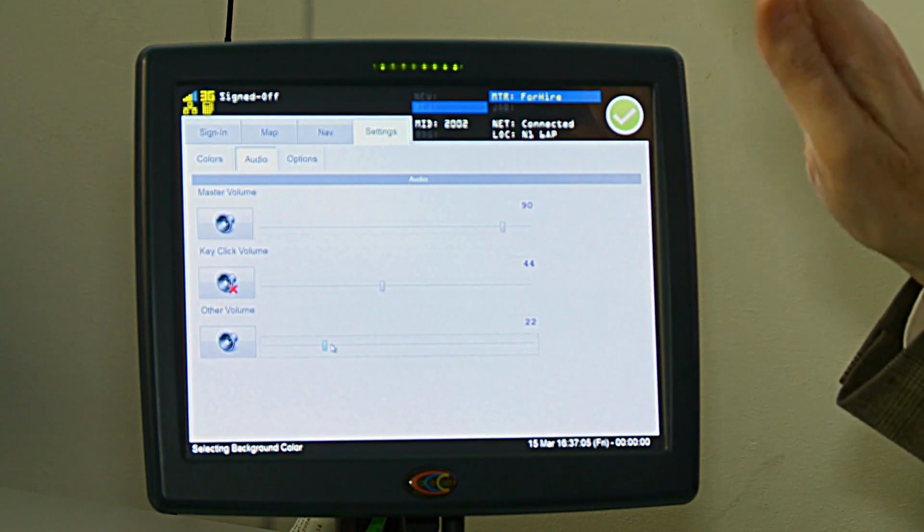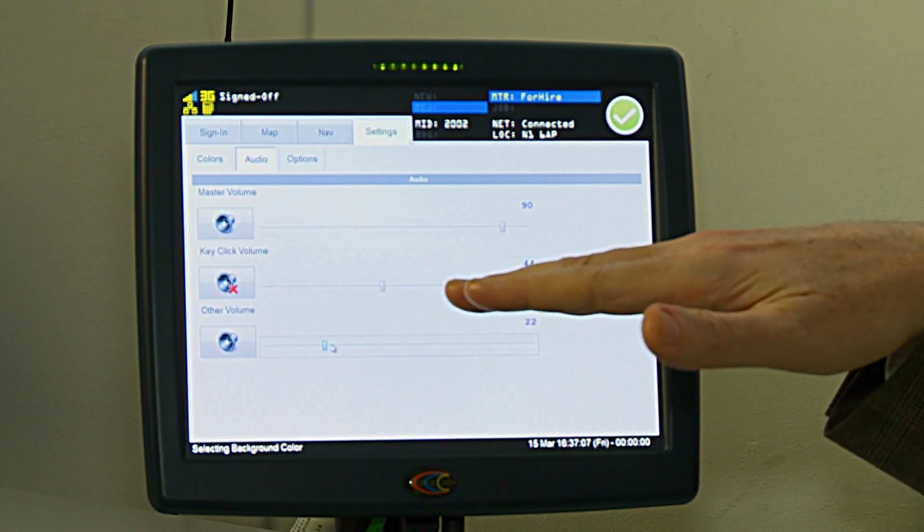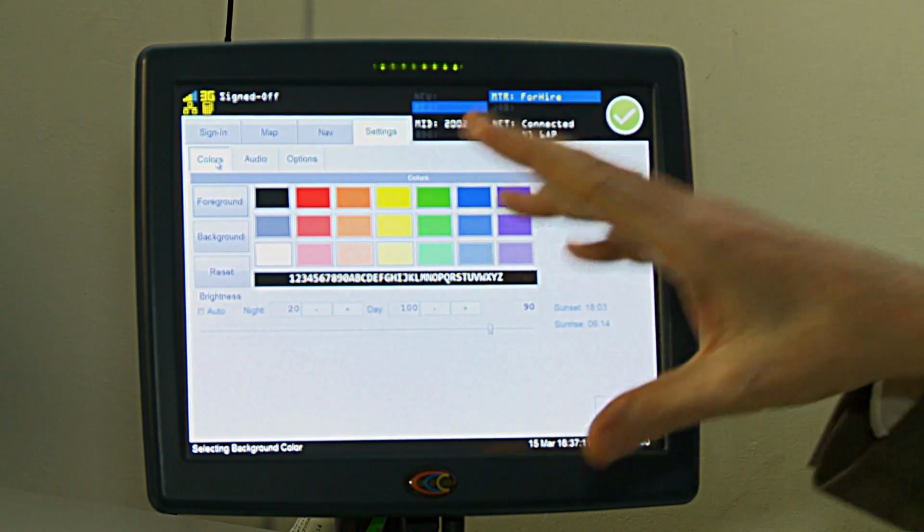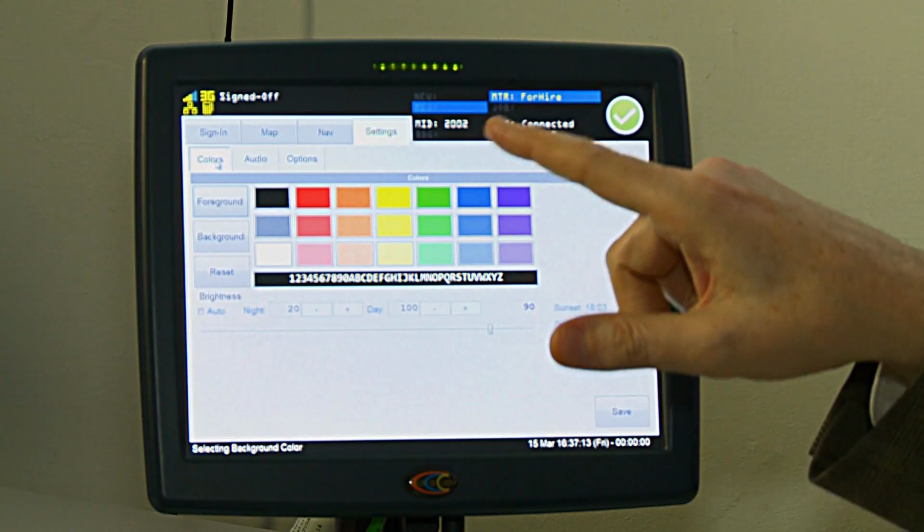Once you're happy with the set volumes on your terminal, you can just flick out of that and it will save those settings in the terminal. The last